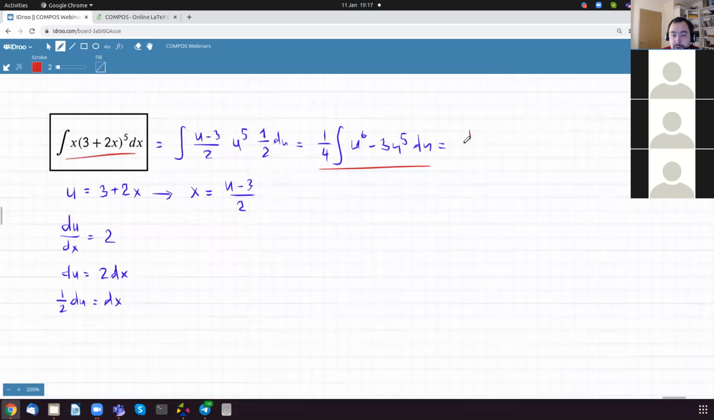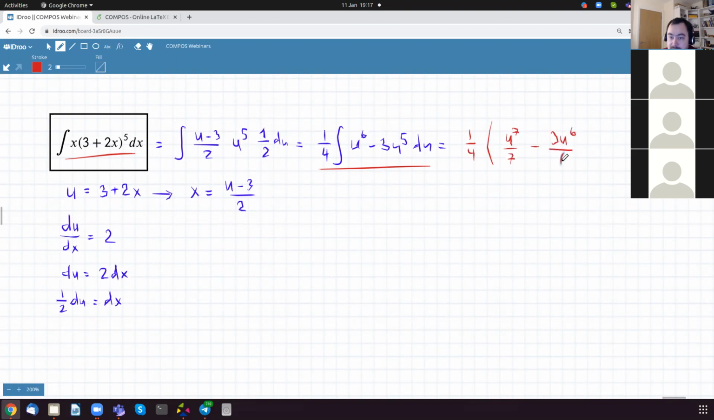So this is going to be a quarter multiplied by u^6 is u^7 over 7 minus 3u^5, so it's 3u^6 over 6 plus c equals